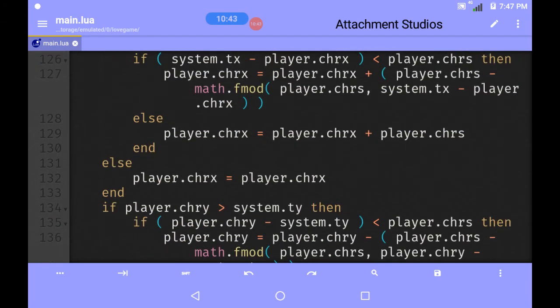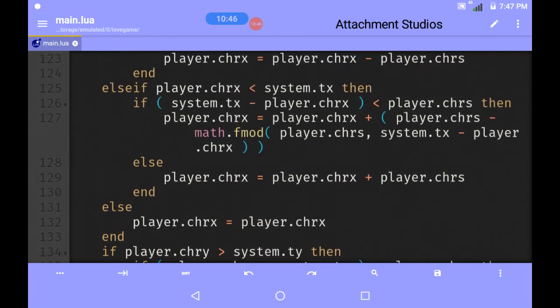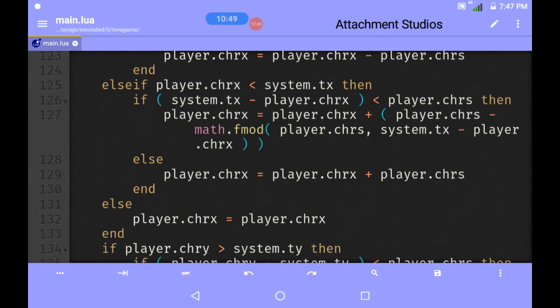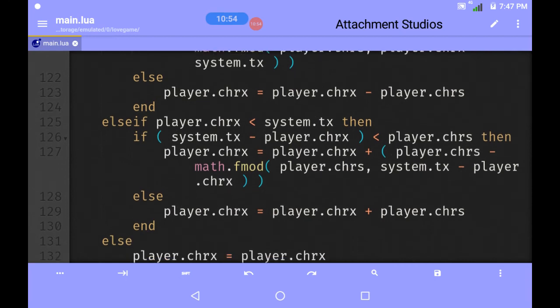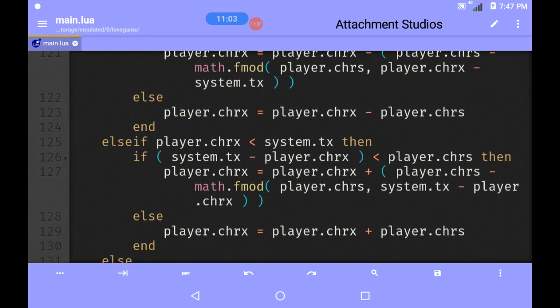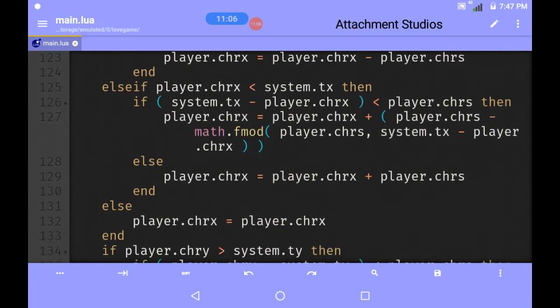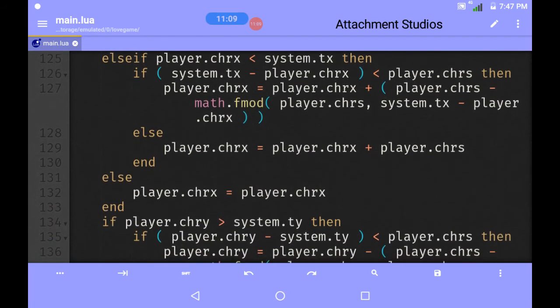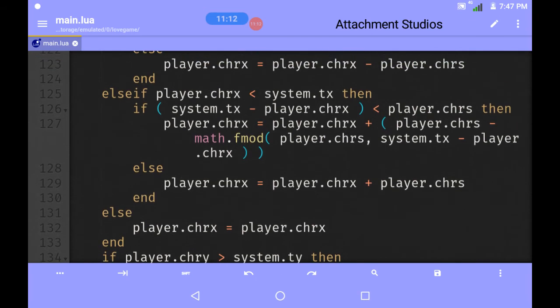Now for the second major statement, I think I made something wrong, but that's okay, it works still. So if player location, or something, okay, over here there's no ending, or okay, there it is. So at first, let's explain the else: I simply made the player character location plus speed, simple.